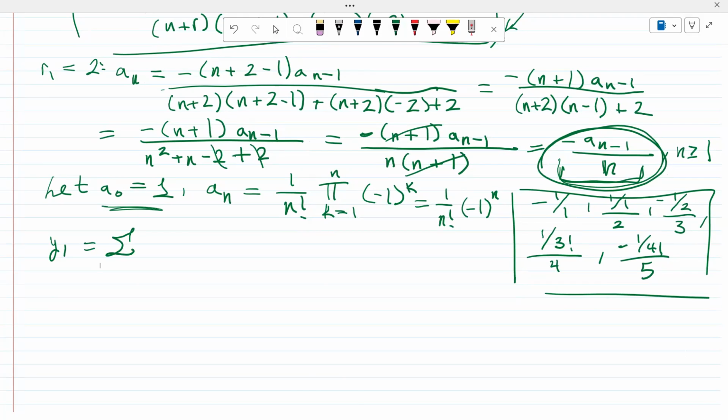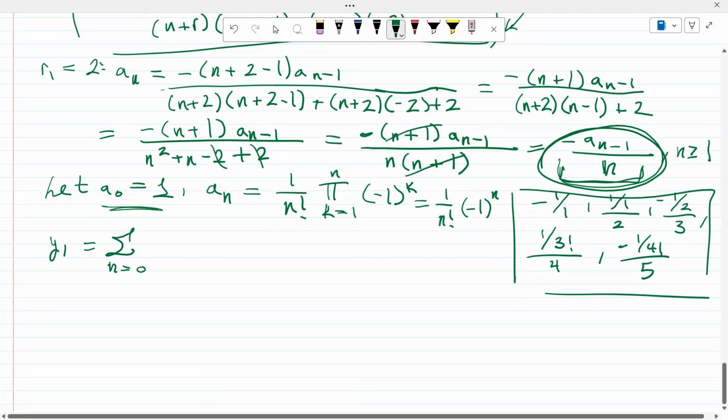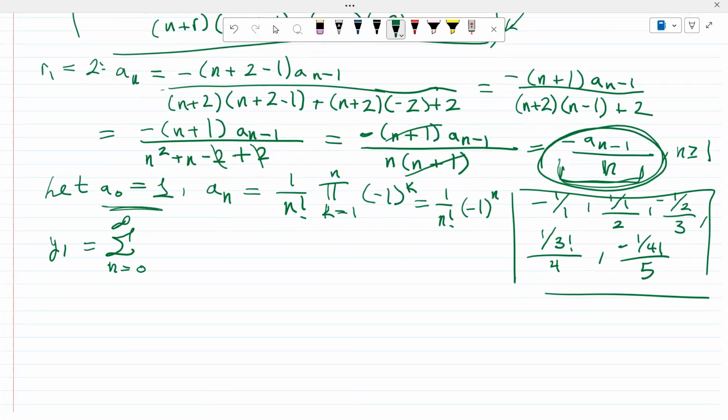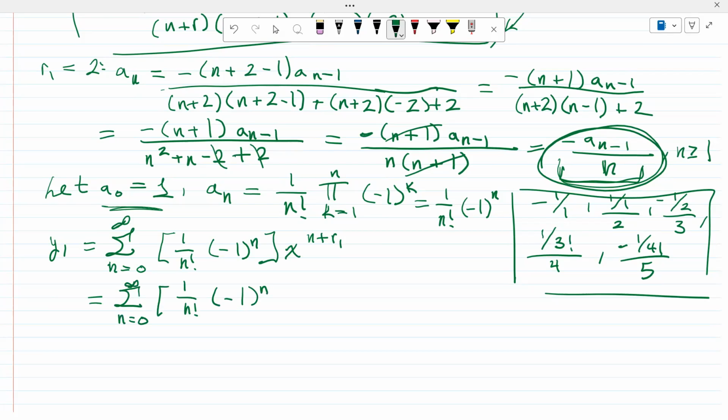the series from n equals 0 to infinity of 1 over n factorial times negative 1 to the n times x to the n plus r1, which is, of course, the series from n equals 0 of 1 over n factorial, negative 1 to the n times x to the n plus 2. Okay. So then we have our first solution,